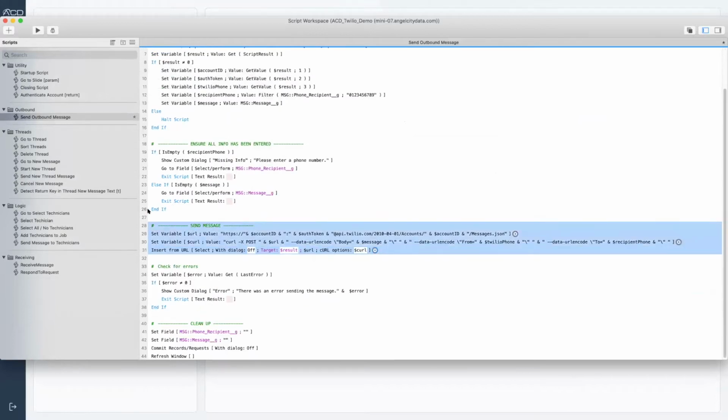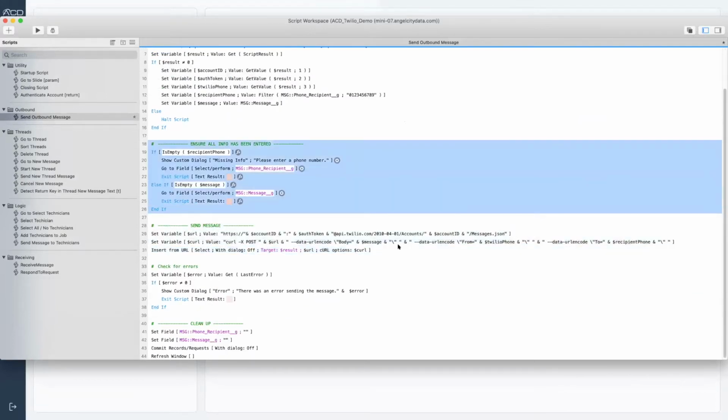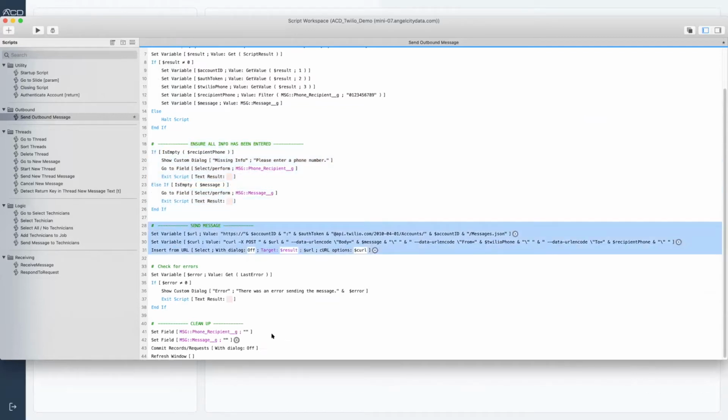I mean, the rest of this stuff is really just going to be familiar to you guys. I want to make sure that someone's put in a phone number. I want to make sure they put in the message. This is all FileMaker. This right here is really all you need to send a text message from FileMaker,